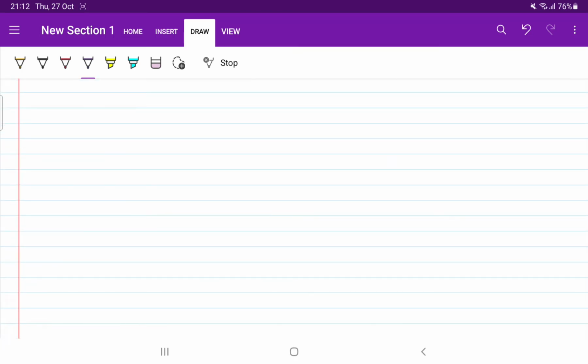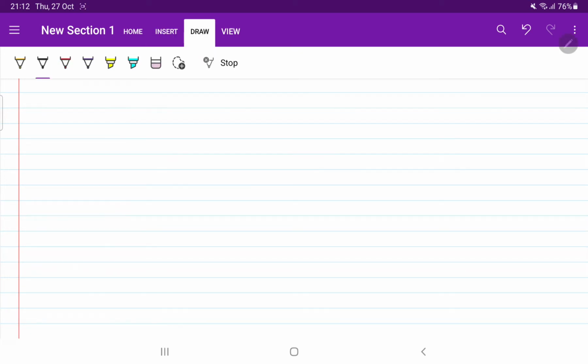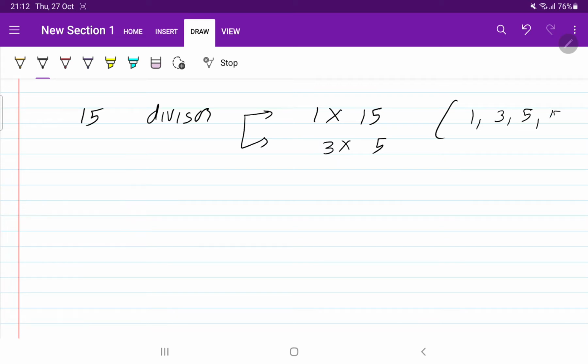Okay, so I think you have tried to think of a solution. Now if you got it, it's good, but if you didn't, just focus here. If we take the example of 15, what are the divisors of 15? Divisors always come in pairs. So one will be 1 into 15, the other one will be 3 into 5. So divisors of 15 are like this.